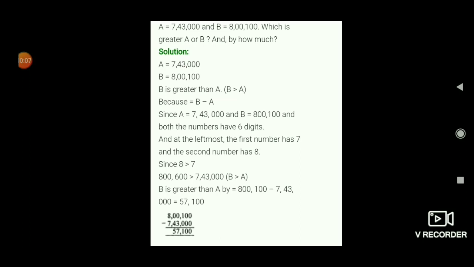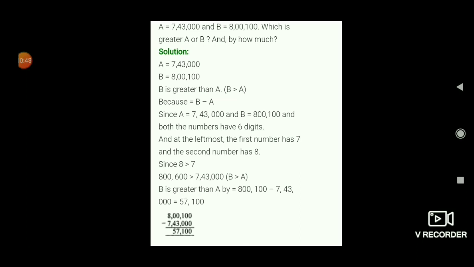In this question, A equals to 7,43,000 and B equals to 8,100,000. We have to find which one is greater, either A or B, and by how much. Since A equals to 7,43,000 and B equals to 8,100,000, both the numbers have maximum place value up to lakh, but 8 is greater than 7, so 8,100,000 is greater than 7,43,000, and B is greater than A by